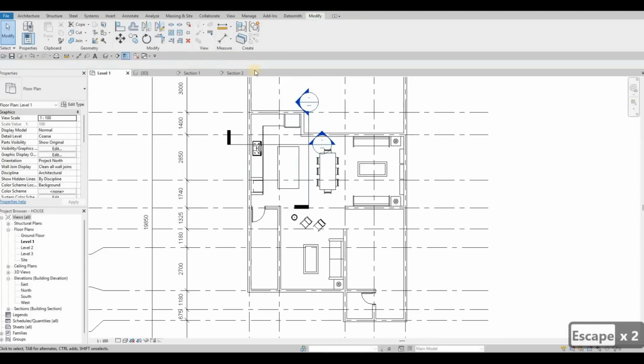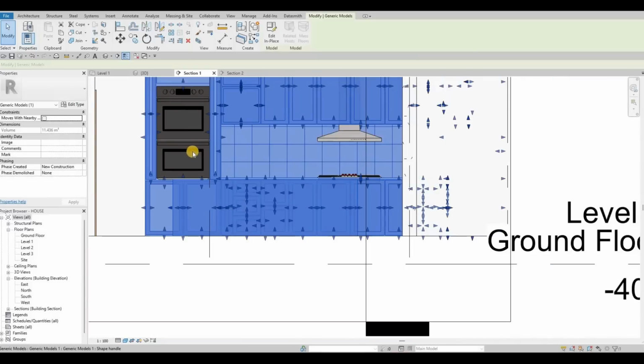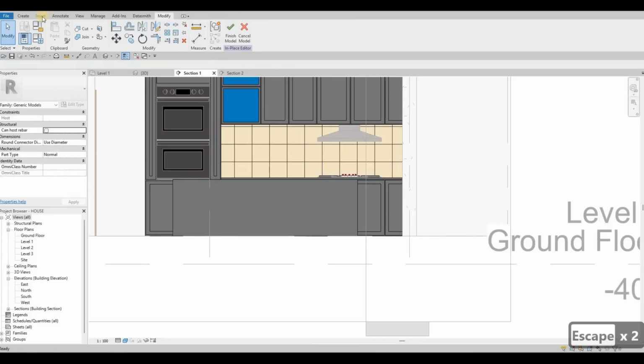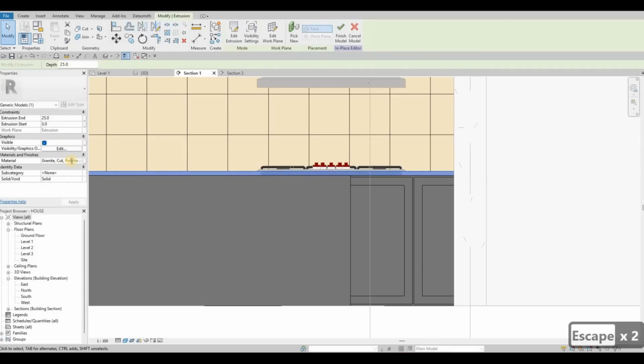But before that, we need to add the countertop. It will probably be the same countertop as this one. So we need to go here into this view, and then now it's this one right there. So we're going to edit in place, and then I just need to know what material we added here. So granite cut polish. So I'm going to copy that,